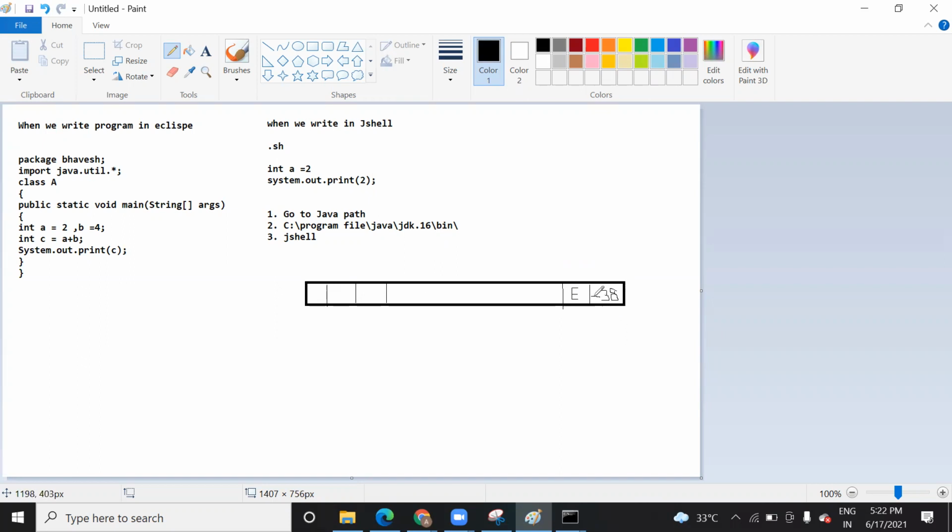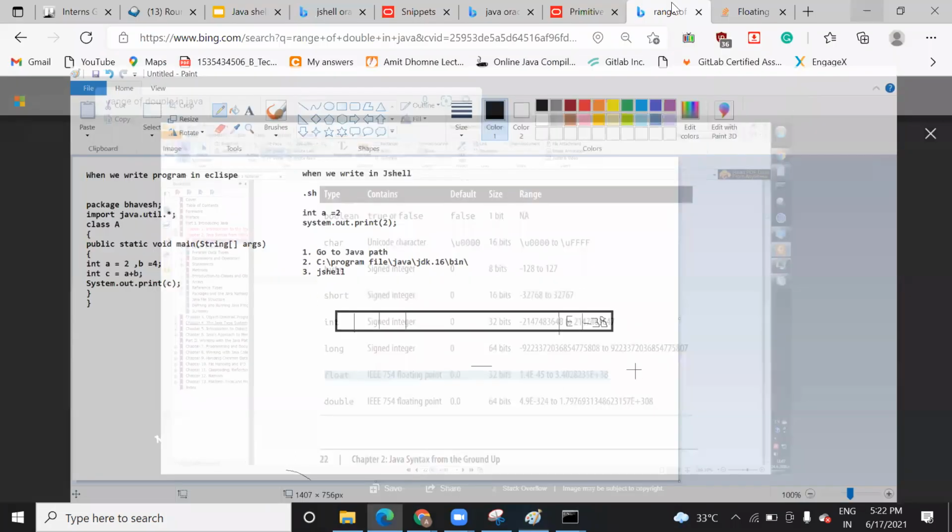Similarly, for positive values, if you are working with integer data, then we don't need to add a positive sign. But with float and double, the ranges go from negative to positive. That's why we add minus, and at the end we add plus also. Are you getting it? Okay, so this is the complete representation, like how we work on that.